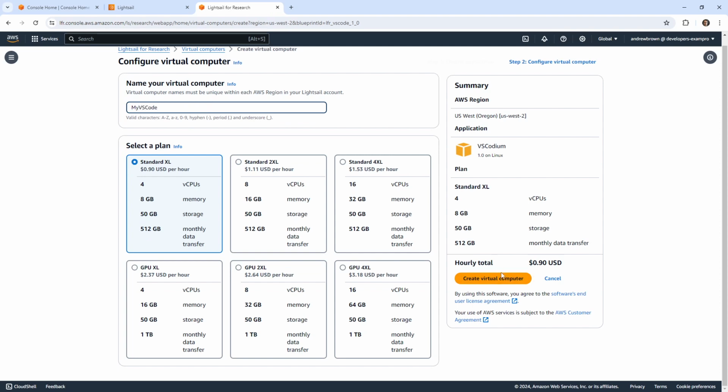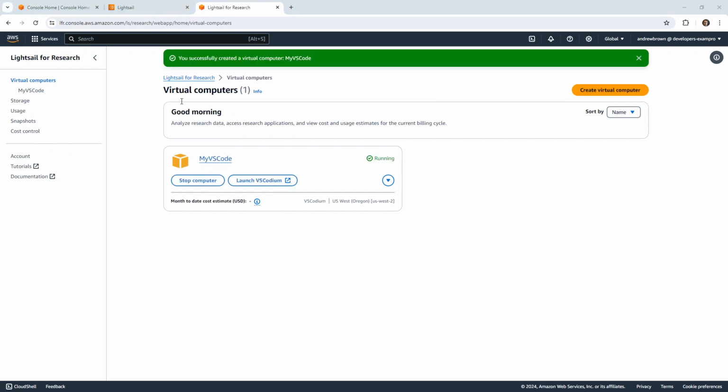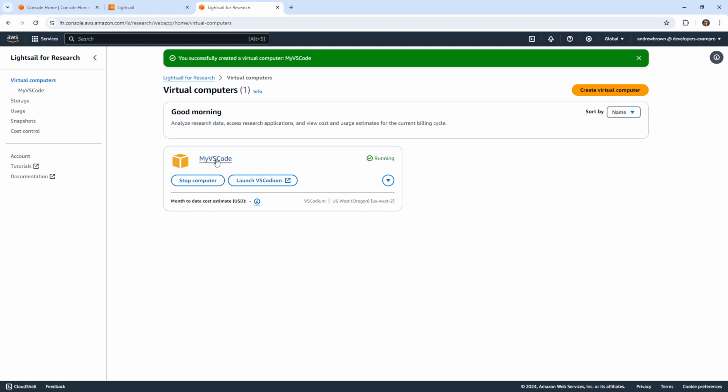I think the only disadvantage of the service would be that it wouldn't know when to shut down, because the advantage of Cloud9 and these other cloud developer environments is that they know how to shut themselves down after a certain amount of time. So we'll just wait for these both to provision, then we'll take a look, okay? All right, so let's take a look here. And I mean, Joomla is still pending, but let's go take a look at our VS Code environment,